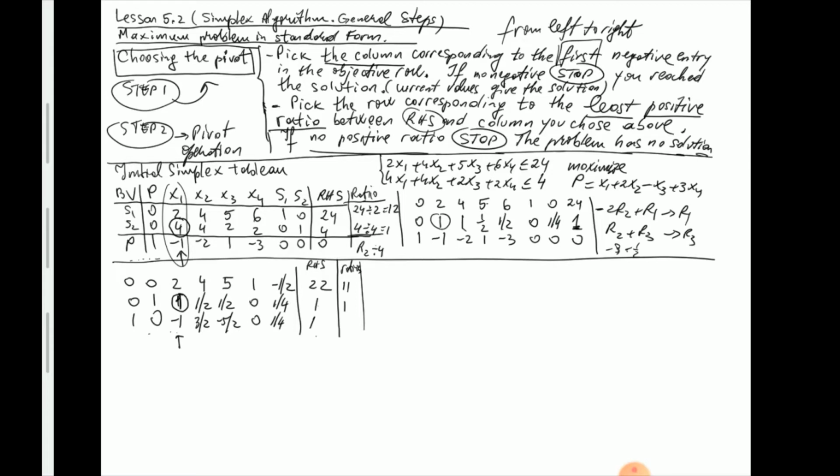So all I have to do at this stage is to do, let's see, minus 2 row 2 plus row 1, just like before. And then row 2 plus row 3. So the new tableau is going to be 0, 0 plus 1, 2 plus 1, 4 plus 1 half, that's going to be 9 over 2. 5 plus 1 half is 11 over 2. 1 plus 0, minus 1 half, it's like minus 3 over 4, so it's minus, sorry,